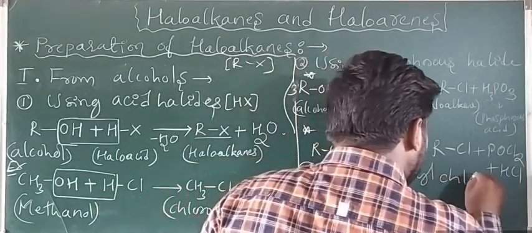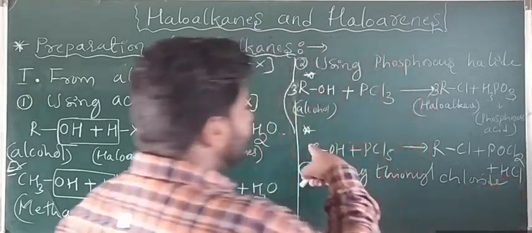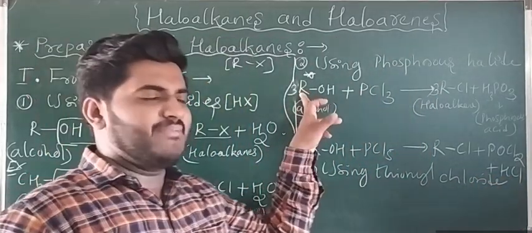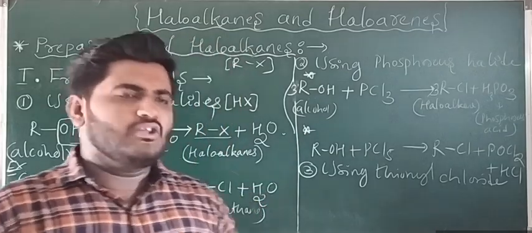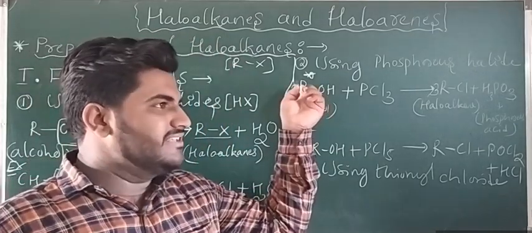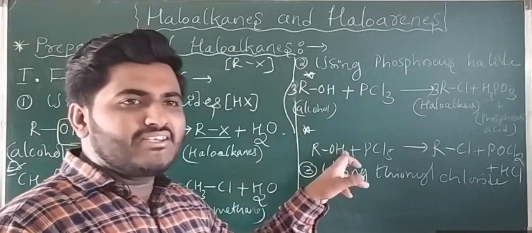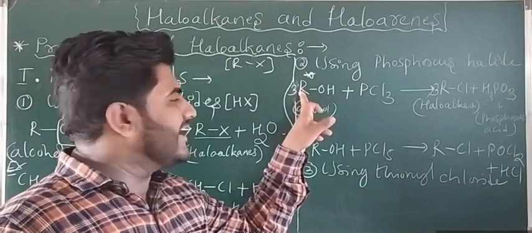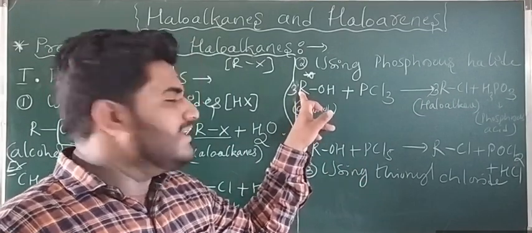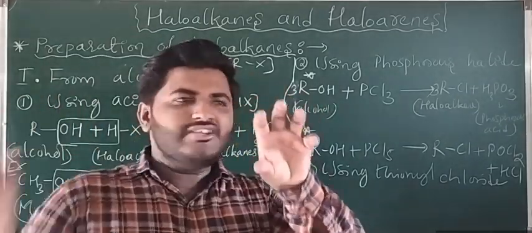Thionyl chloride. So in place of R, you can take any example. In place of R, you can add CH3, C2H5, whatever you are adding as the reactant, you are getting the corresponding products. That's it. So I have written only the general reaction. In place of R, you can write CH3, C2H5. Any alkane you take, remove one H and add here.